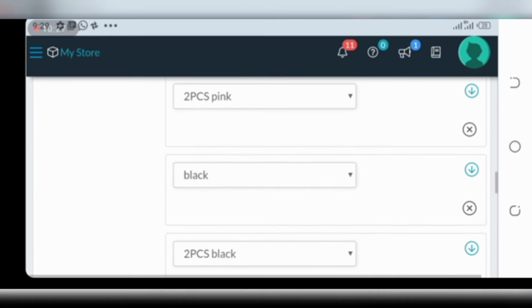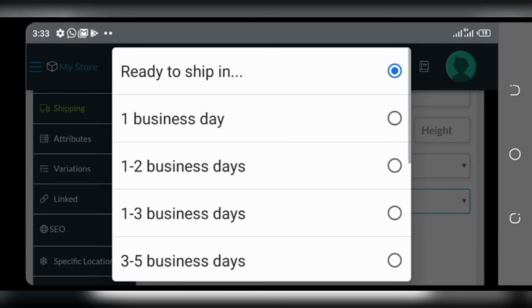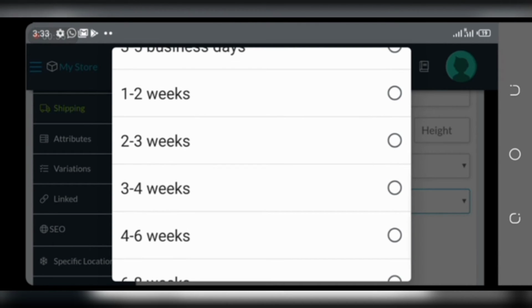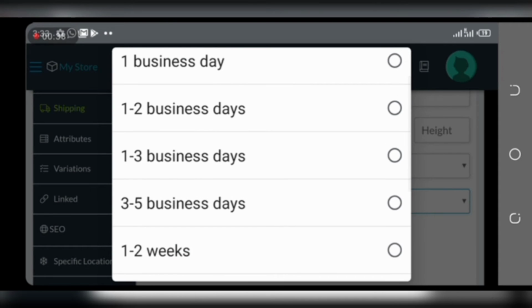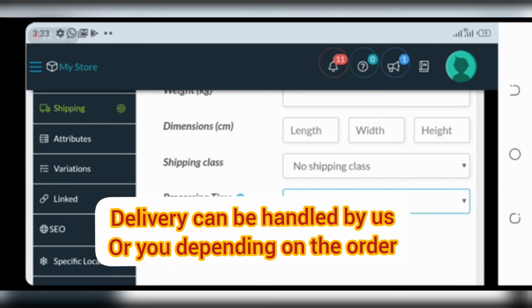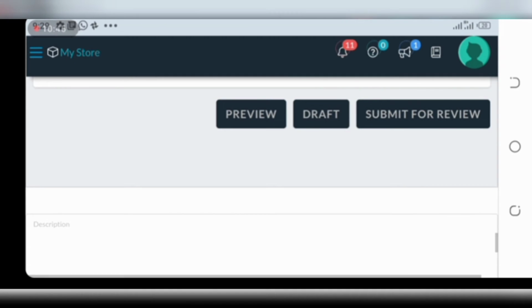Now come down and change the date of the delivery. When will the item be ready for shipping from your store? Please, you can choose any time here, but it is only when the item has been successfully delivered to the customer that PCMart is going to pay you. No matter how many orders come to you, you have to be able to fulfill them. Customer satisfaction is key to us, so the customer knows his item will arrive on or before the day stipulated.